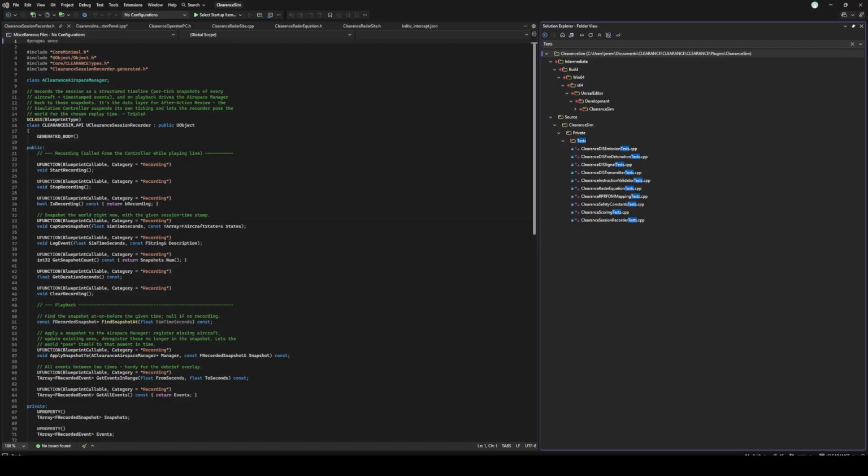Then, the verification. 52 automation tests across 7 domains, covering 69 requirement IDs. Every test is an implemented simple automation test case, runnable from the editor's session front end. The 7 domains covered: DIS, wire format, entity state PDU, fire, detonation, emission, signal, transmitter, a round trip and malformed rejection,